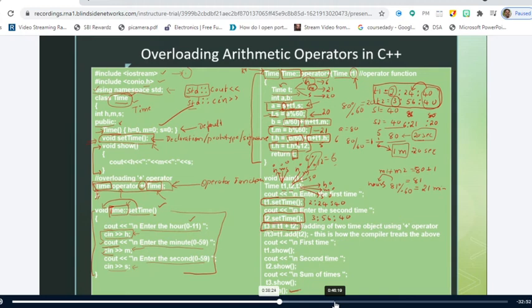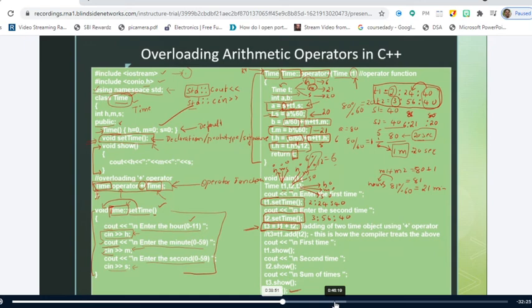Right. So what is this statement here? It is an operator function. No, it is an arithmetic statement, right? Arithmetic statement, expression. Is it right or not? Yes, sir. So what objects am I adding here? T1 and T2.